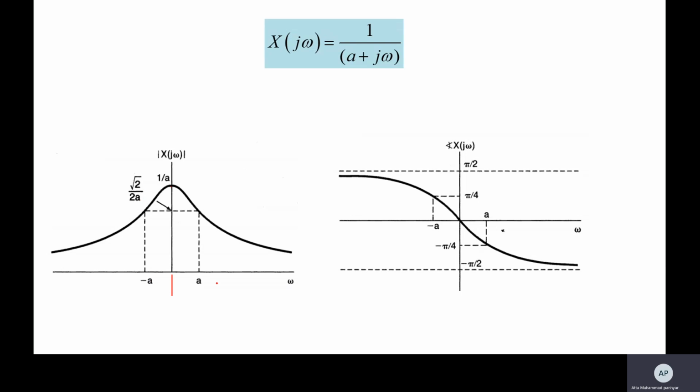So on minus a and plus a, the signal is like this one, and it would be exponentially decaying on both sides. As far as the angle is concerned, the angle is minus tangent inverse of omega over a. When omega is a, then a upon a is 1, and we know tangent is 1 at 45 degrees, so pi by 4. On minus a it is plus pi by 4, because of the minus tangent inverse. If you remember how to compute the angle, it is minus tangent inverse of imaginary over real. So this would be the phase of the signal.